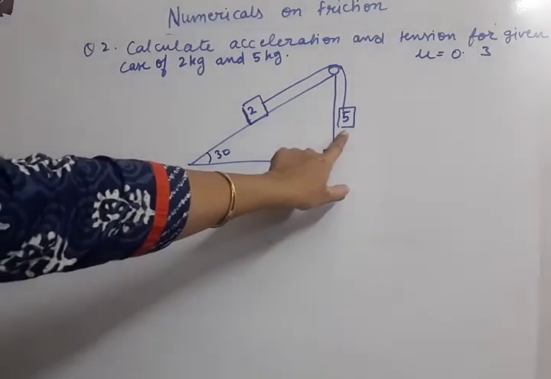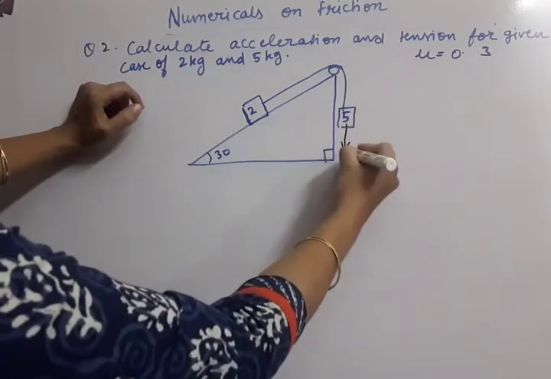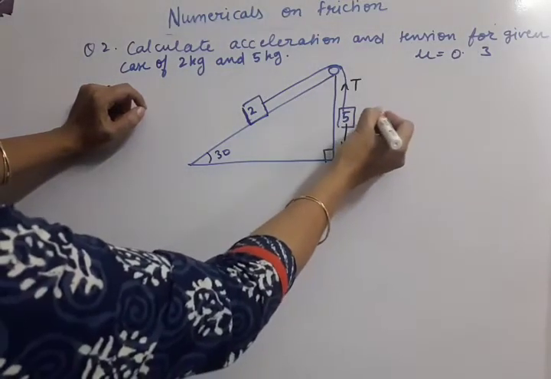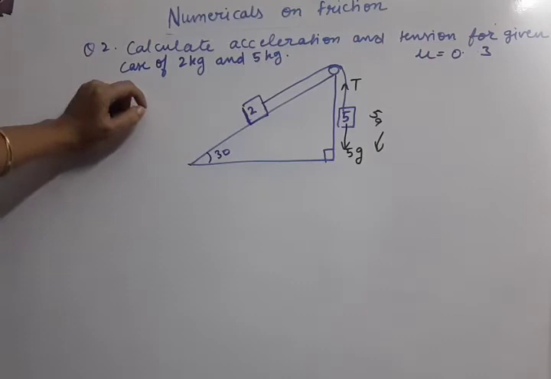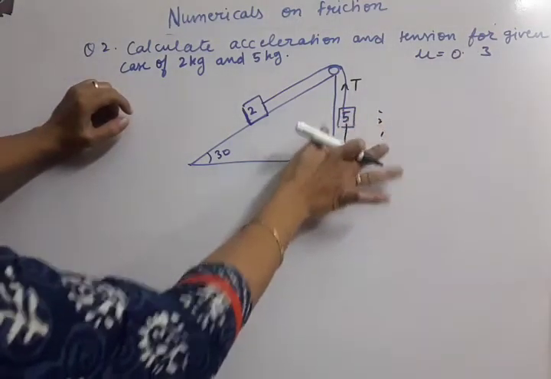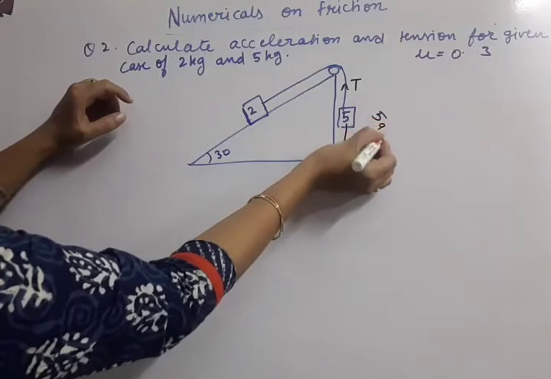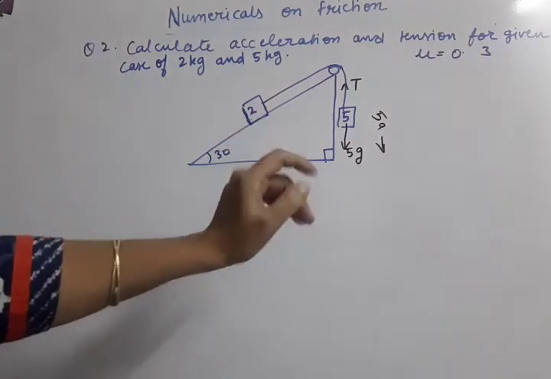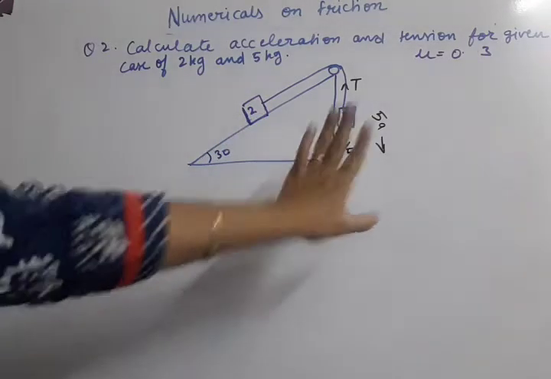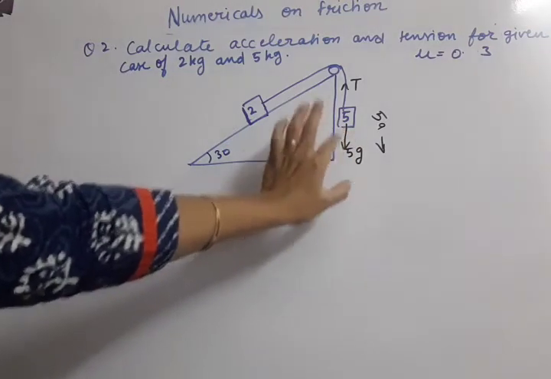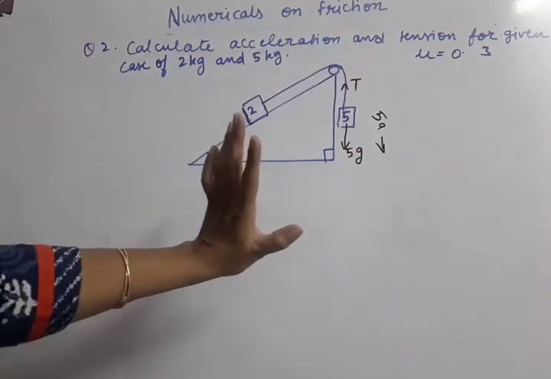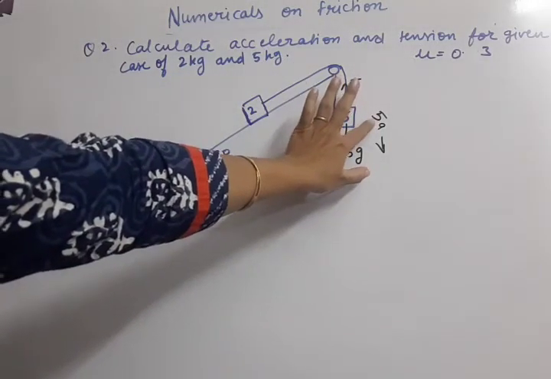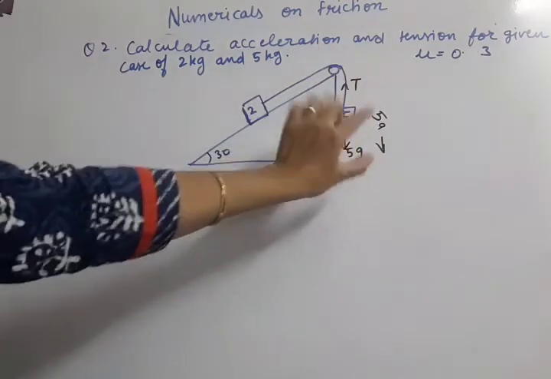Let us take this 5 kg. Its weight is 5g downwards. Tension T is upward and 5A's motion will be downwards. This will be the 5A direction. No other force will be there because it is not in touch with any surface. So no reaction force, no friction force. This is just hanging. Whenever anything is in a hanging position, these three forces are there. MA will be there if motion is there. MA will not be there if no motion is there.